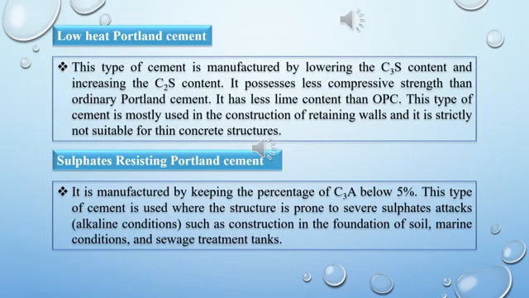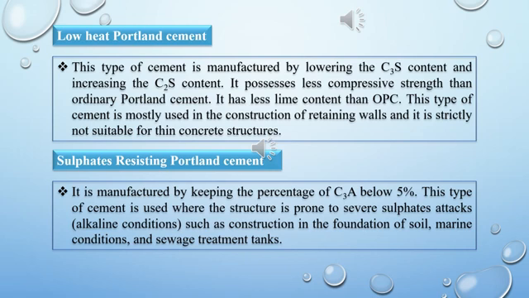The next one is low heat Portland cement. This type of cement is manufactured by lowering the C3S, tricalcium silicate content, and increasing the dicalcium silicate content. It possesses less compressive strength than ordinary Portland cement. It has less lime content than OPC. This type of cement is mostly used in the construction of retaining walls, and it is strictly not suitable for